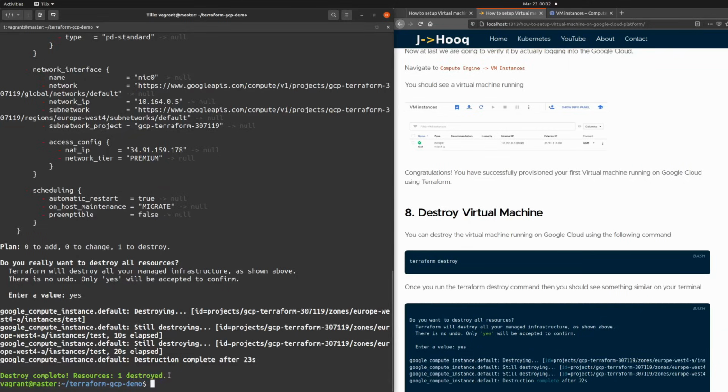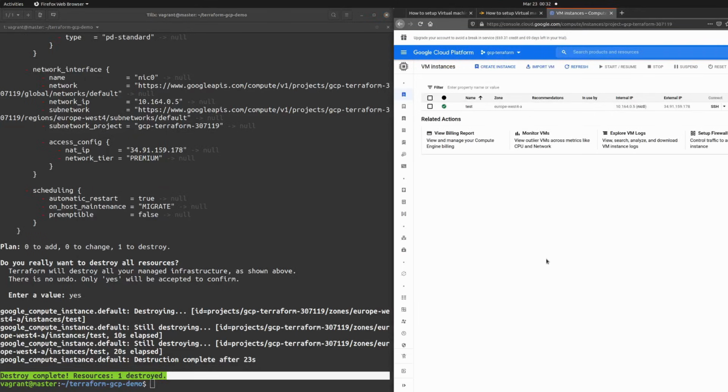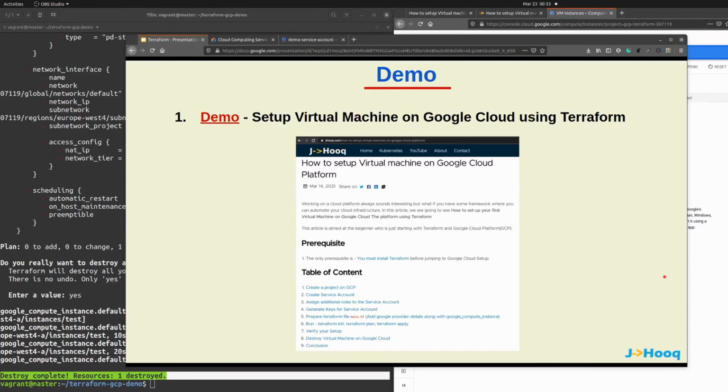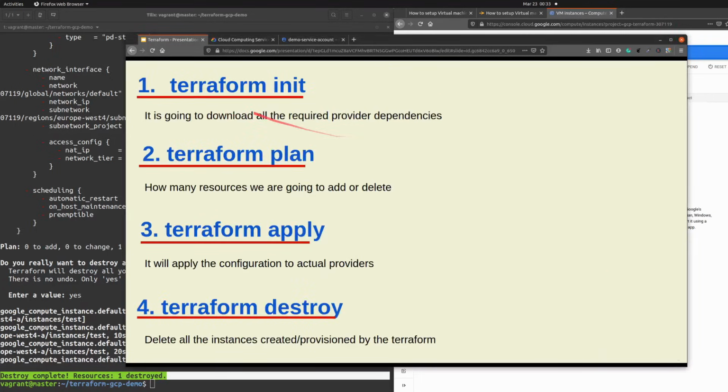and it's going to take some time, and it's going to delete our virtual machine instance. Okay, so here it has destroyed our resource, and we can go back to Google Cloud Console and refresh this screen to see whether it has been deleted or not. And here you can see the test instance, or the virtual machine, has been deleted. Alright, so now we are done with our first demo, that is provisioning a virtual machine on Google Cloud Platform using Terraform. And now we have pretty much seen the Terraform init, Terraform plan, Terraform apply, and Terraform destroy